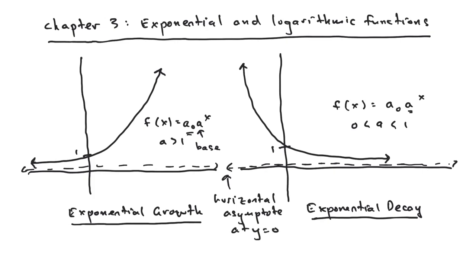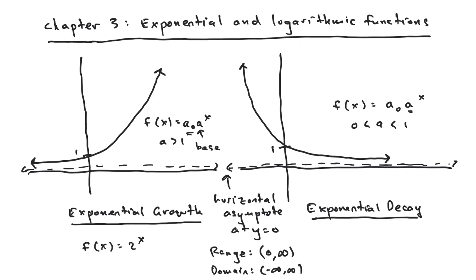And for both of these, the range of the function is going to be between 0 and infinity, and the domain, we can put any x value we want, is going to be from negative infinity to infinity. So an example of exponential growth might be something like f of x is equal to